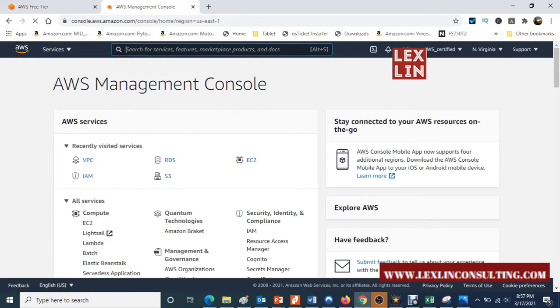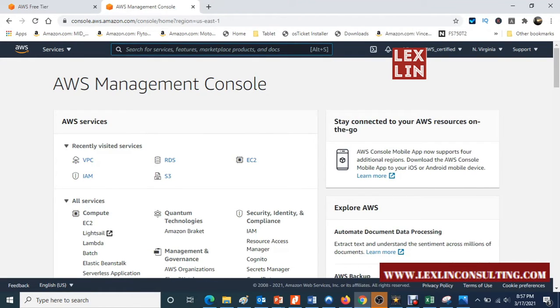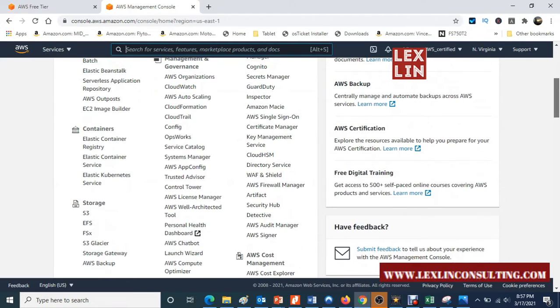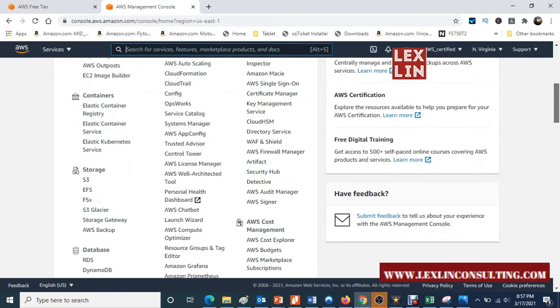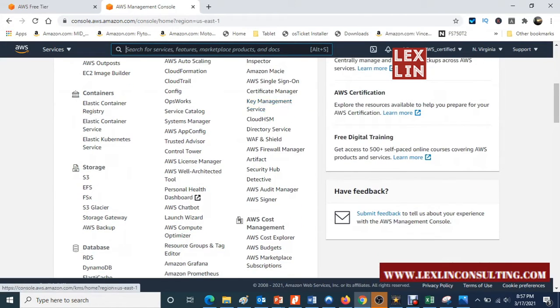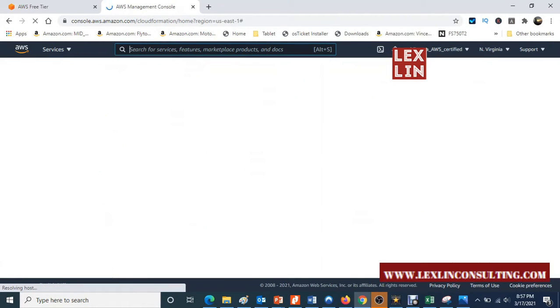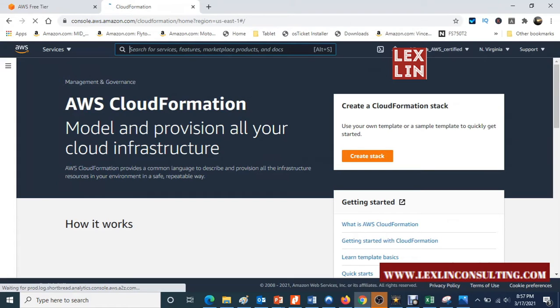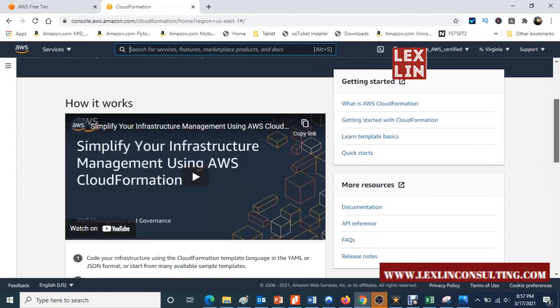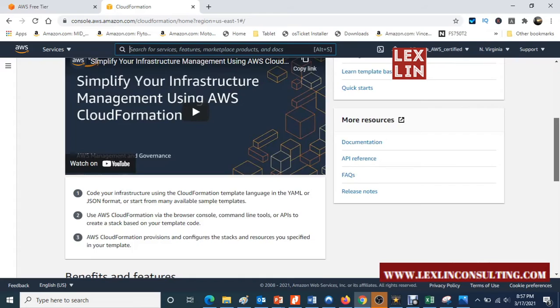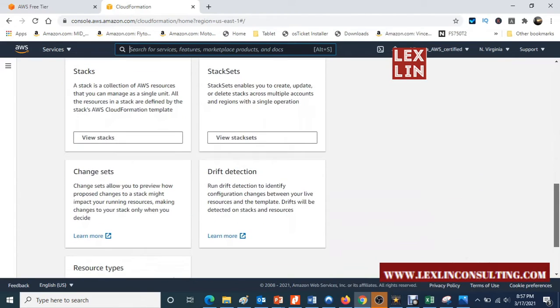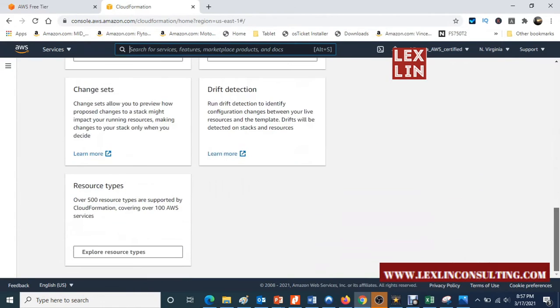Then of course other places. So it's VPC, IAM, S3, RDS, EC2. Those are the ones that you're going to spend most of your time in. And there's other things like CloudFormation. You use those tools to create resources. If you want to mass create resources, you can do that via CloudFormation.